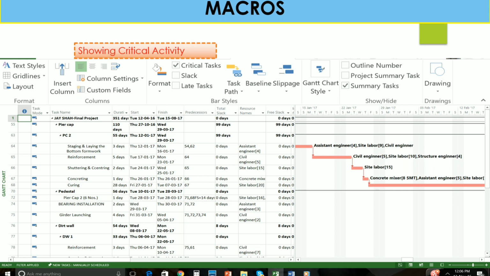So it is very important to reduce your manual tasks day by day and use this automatic system based on your project requirement. So thank you very much. Here we conclude this session on macros. So thank you.